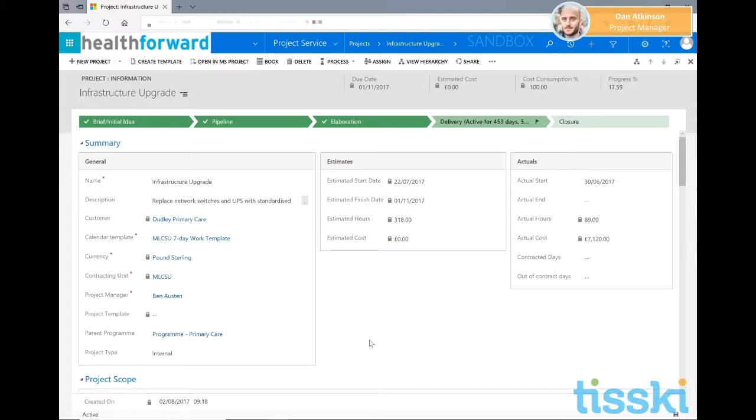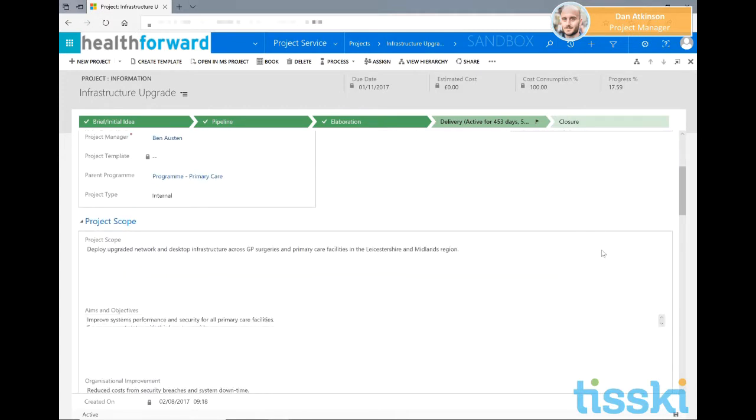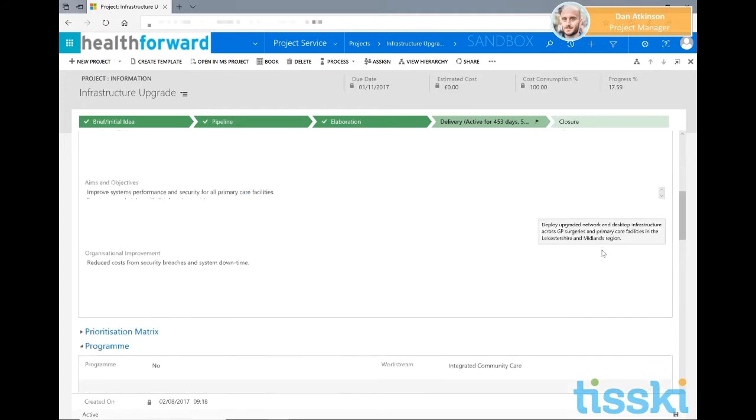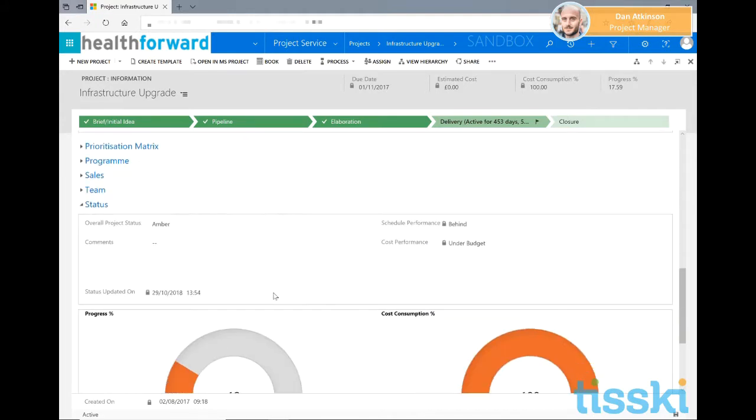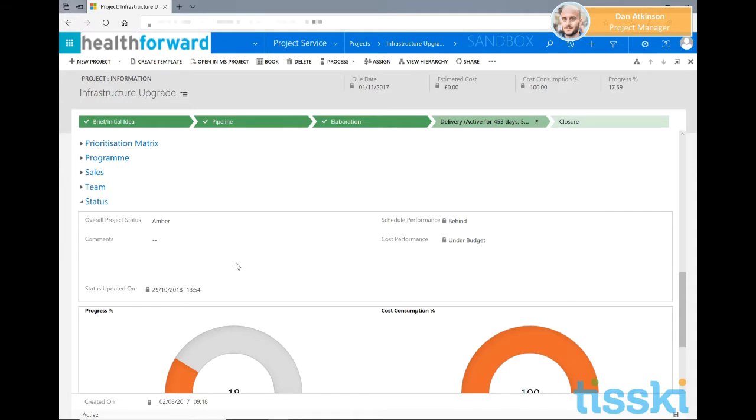So then we have some high-level information about our project. We have the project name and a high-level description of exactly what's being delivered under this project, details around the customer, our project manager responsible, and whether this is associated with a parent program of work. We then have some estimates in terms of start and end dates, the amount of effort and cost that will be spent in delivering this project, and then the actuals that have actually been spent. Some narrative details around aims and objectives of the project,